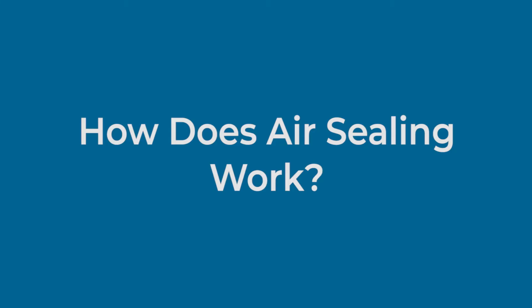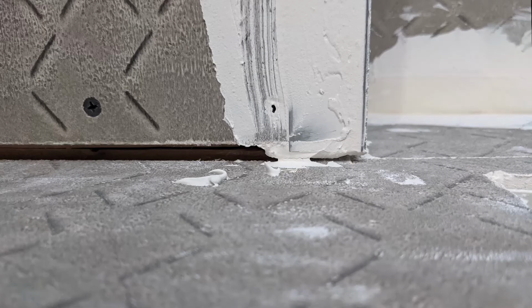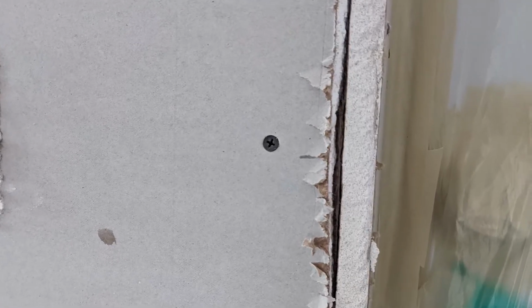As a builder, why do I want to do air sealing? Or in our case, why do I want to choose AeroBarrier? However you do it, focus on air sealing. The challenge is there's holes and leaks everywhere, coming out from the bottom plates, around your outlets, the wires coming into your outlets, holes in the ceiling and the walls, things you don't see, is it going up the drywall